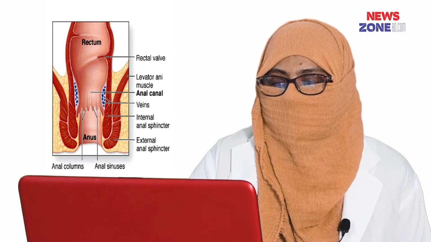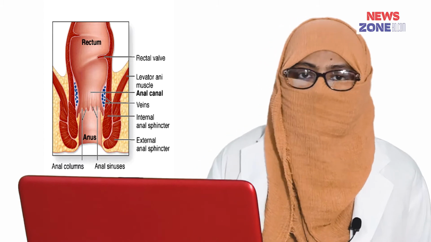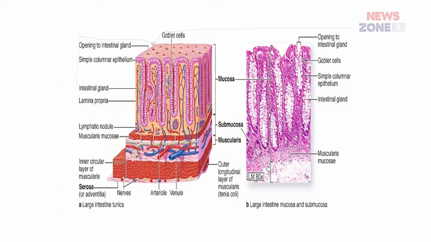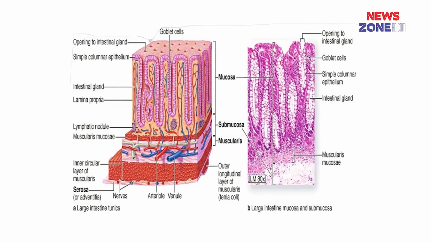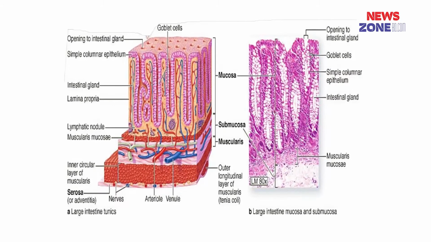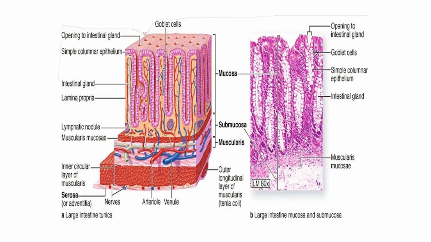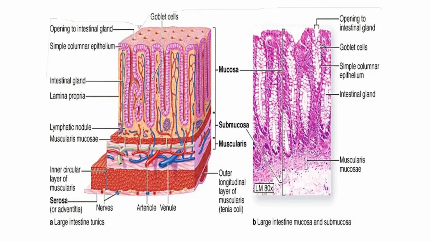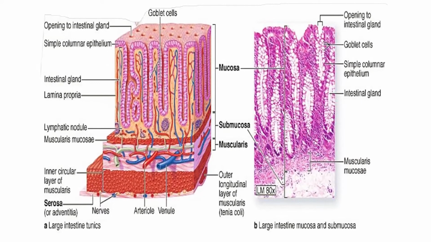In the histological point, I want to say like this: it consists of, from external to internal, serosa, muscular coat, submucosa and mucosa. And the mucosa is also lined by simple columnar epithelium like the small intestine with numerous goblet cells, and the lamina propria contains long intestinal glands, that means crypts of Lieberkuhn, here of a long type. Then the muscular coat consists of smooth muscle arranged as an outer longitudinal and inner circular layer.